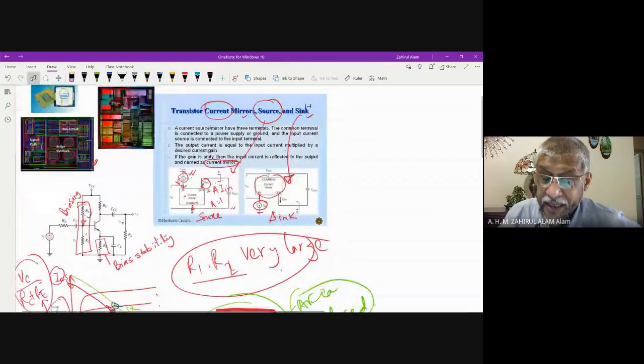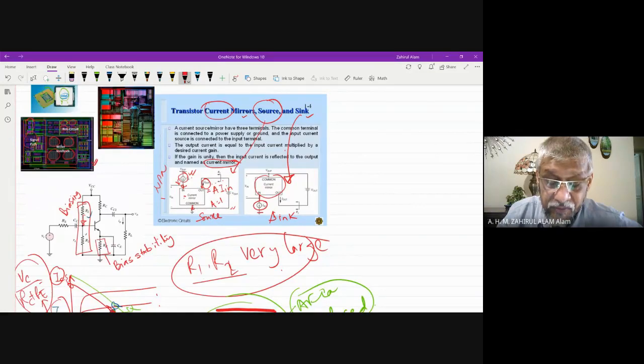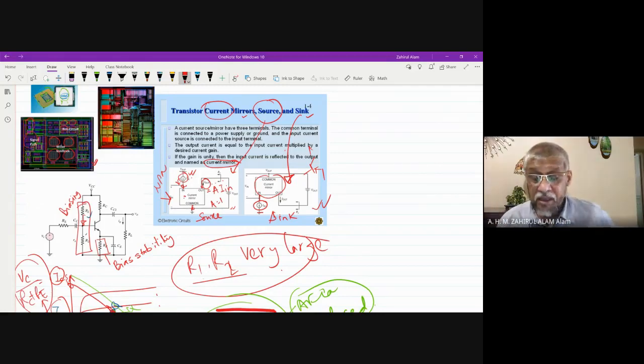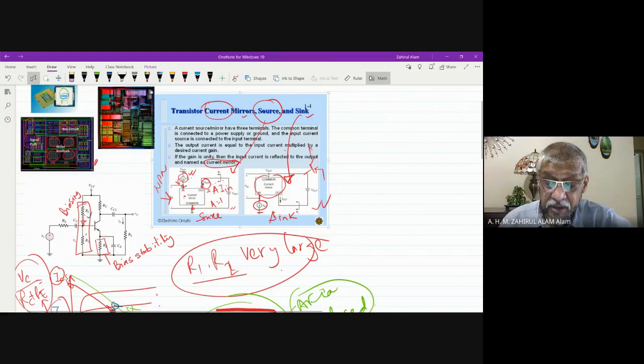Usually for an NPN transistor, so this is NPN, we use the source. For PNP, we prefer to use the current sink. If we need to design using a PNP transistor, then we need to use this sink configuration. Now